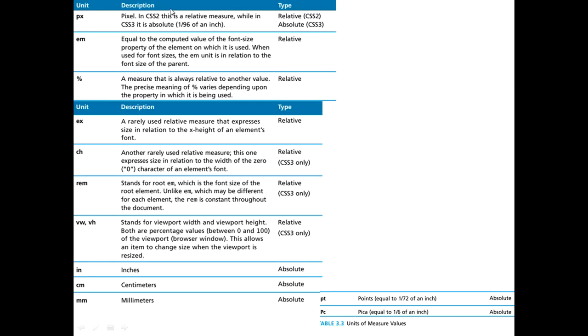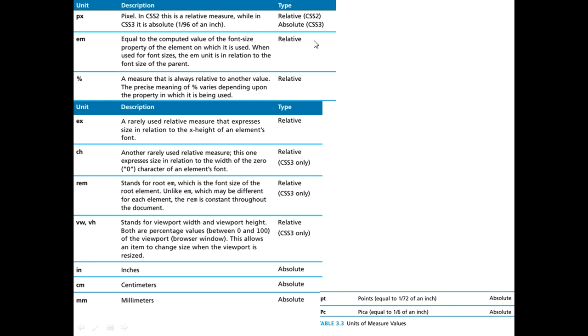Clear? Here are some examples: px, em, percentage, rem, inch, centimeter. What are the types given here, whether they are absolute or relative? So we will take one example here: rem. What do you mean by rem? It stands for root em, which is the font size of the root element, unlike em, which may be different for each element.